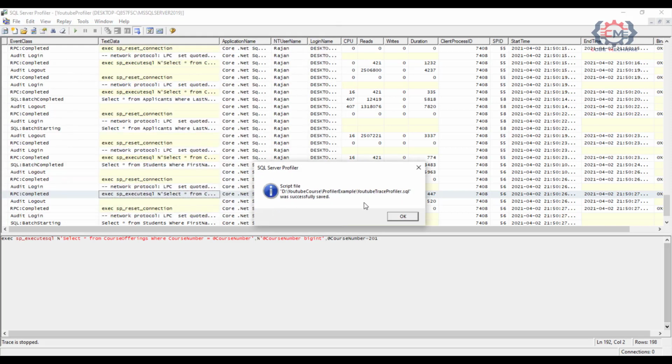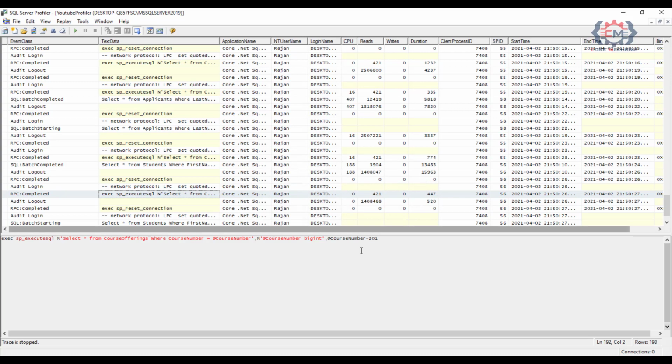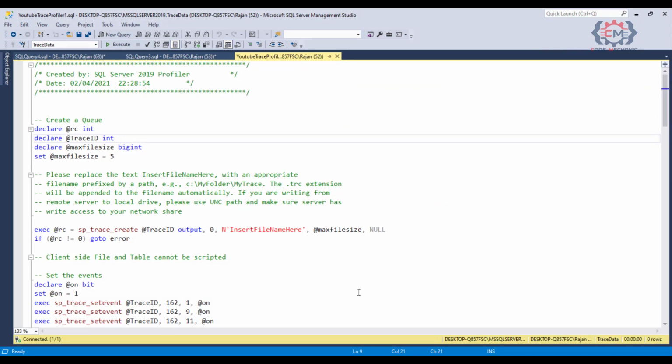So now what we need to do is open that SQL file in Management Studio. And I will jump over to Management Studio. And I actually have a version of this file that I saved earlier already opened up here in the window that we can see. We see that the SQL file is a series of commands that we are going to run on SQL Server.